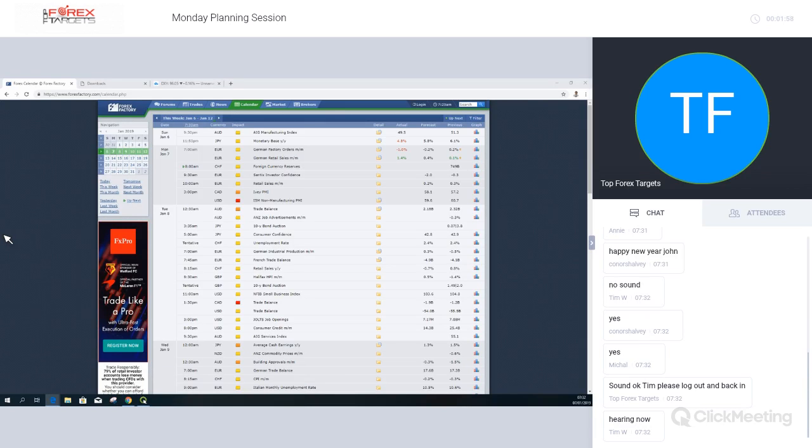So while we're just giving it a minute or so, some of you will have noticed we changed the structure around. We're still going to give you the same information, but the way we're doing it now should provide you with a much clearer picture of the strength and the weakness of the currencies each week. Instead of doing it in the plus minus format, which I know some people have been using for quite a while, but quite a number of people were finding it confusing and weren't too sure, we're going to upload the actual indices for you, so you can see the key levels yourself in the actual markets.